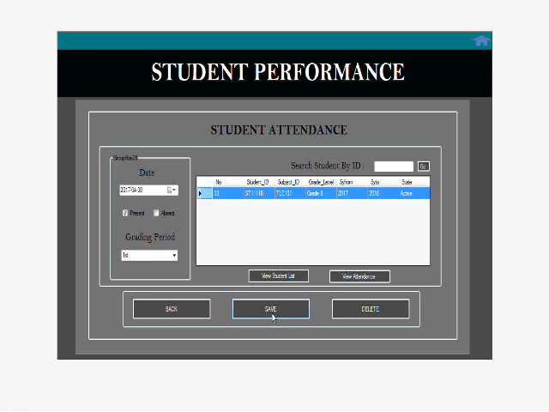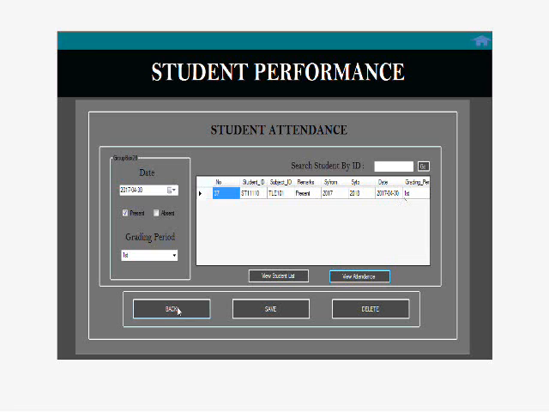Just click save, and as you can see, successful. Okay, and then if you want to view attendance, just click view attendance. So there, student 111110 attendance on April 30, 2007.